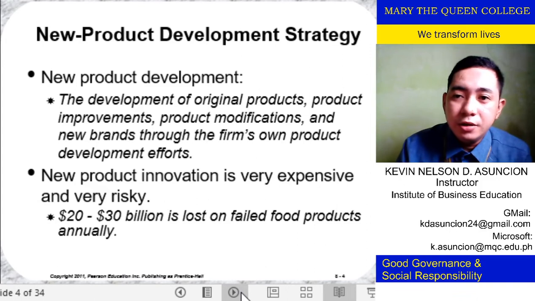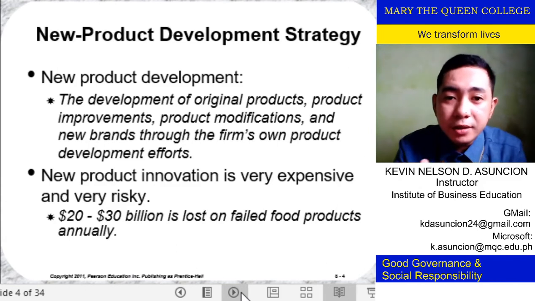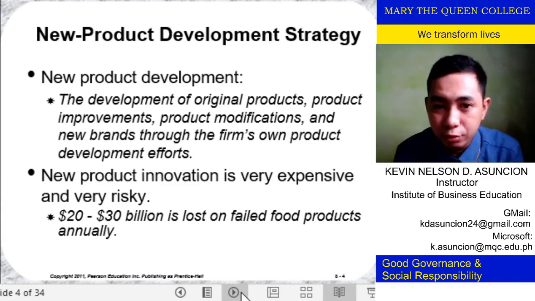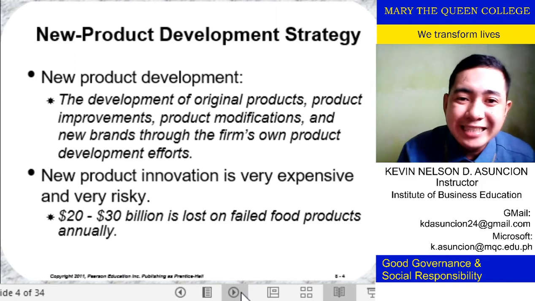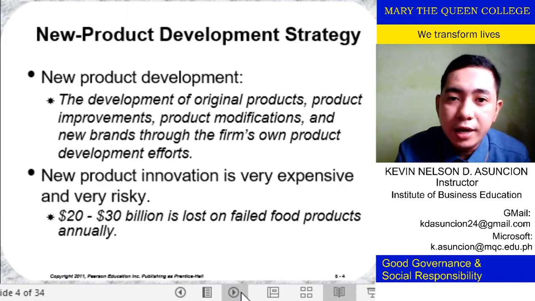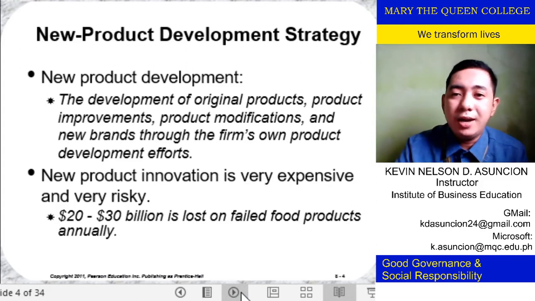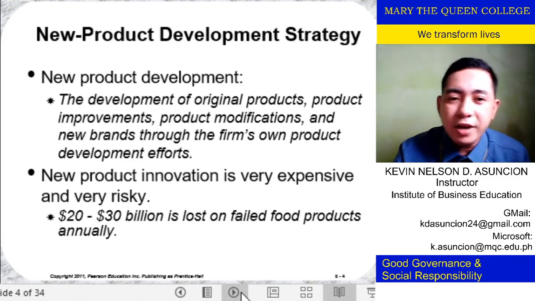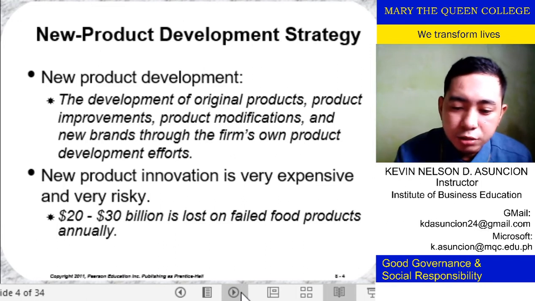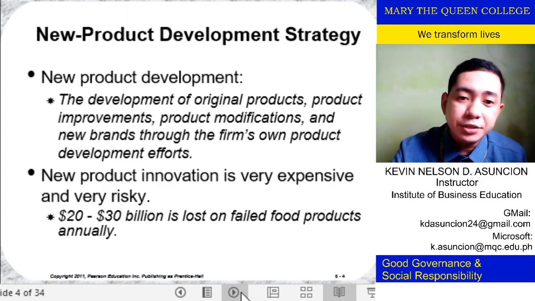That's duplication. And then we also have expansion, wherein you develop or modify, as the definition mentioned. That yung meron ka is mo-modify mo para makagawa ka ng bagong produkto. And lastly, we have what we call synthesis, wherein you apply a combination of two or three of those new product development strategies for you to be able to come up with a new product as well. So, it's very expensive, and it relates to significant cost, especially in marketing research, no?